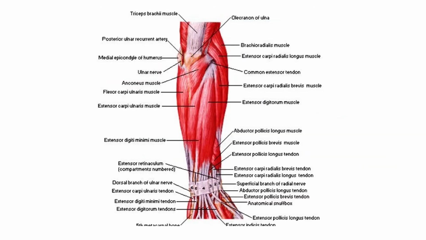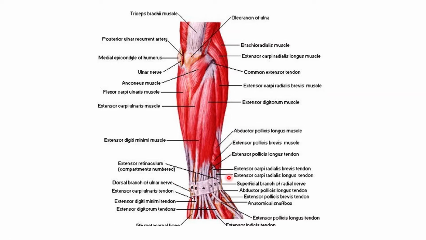So, coming to the posterior compartment, that is the superficial muscles of the posterior compartment. This is how the posterior compartment appears once the deep fascia of the extensor compartment has been exposed. Once we expose the skin and superficial fascia, the entire extensor surface of the forearm is filled with the extensor group of muscles, which are seen to be very compactly arranged. What we see here is the arrangement of all the superficial muscles.